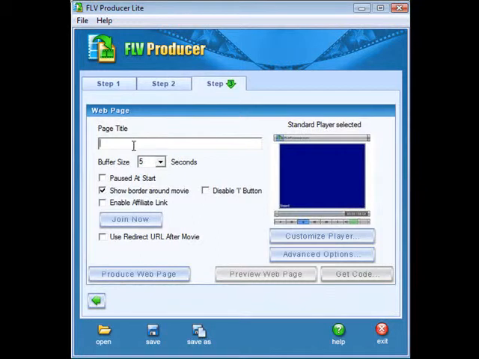Up here we can give it a page title, whatever you want there. If you want it to pause at the start, the buffer size you can set here to preload the movie, if you want to show a border around the movie. And you can enable an affiliate link, although I don't think there's an affiliate program for this anymore. This is disabled on the light version as well as are the other players, so you have to use a standard player. Now what you want to do is click Produce a Web Page, and it will have created the